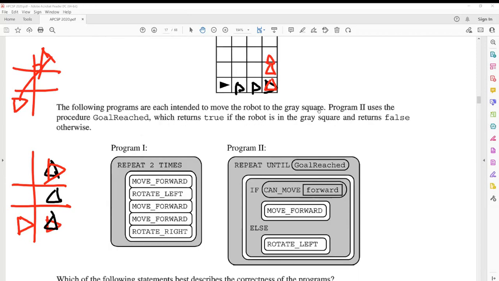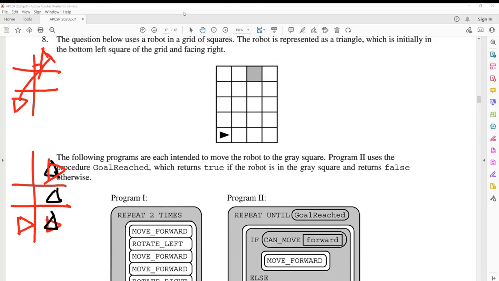And then keep going. I'm sorry, let me redo it. Let me pull it up a little bit. So basically, this one, we already finished up to here. We already turned here and moved forward. You cannot move forward, so you rotate left. Go this way and this way. Yes, you will reach the point, but you will take a longer route. That's actually the answer.